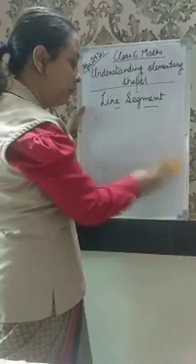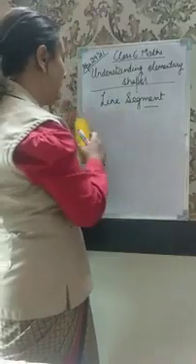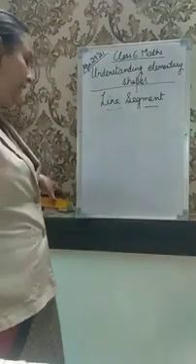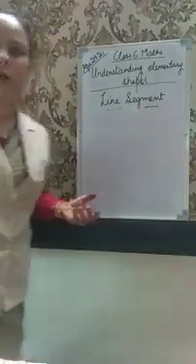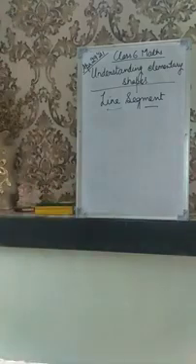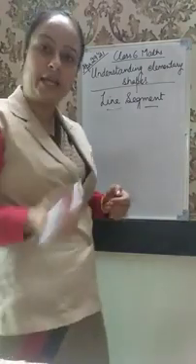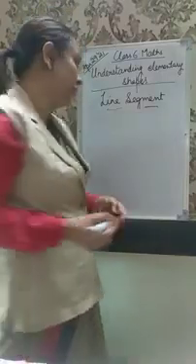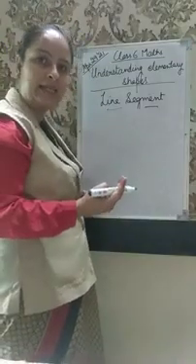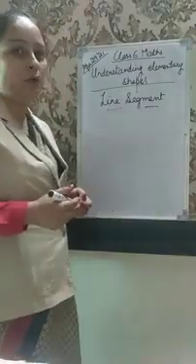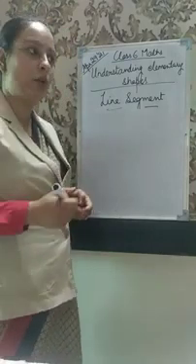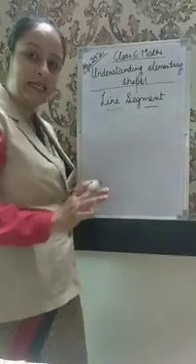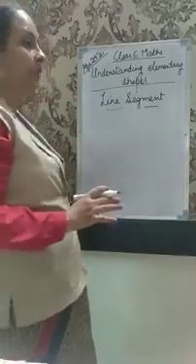Then I'll remove the ruler from there. Then I'll put it on the second line segment, and again I will measure the length. Okay, right? So I'll check the first line segment and its length, then I'll check the second line segment and its length. Understand? So that is how I can compare the two line segments. Alright. So that is by ruler. Okay. How do we do it with the help of a divider?